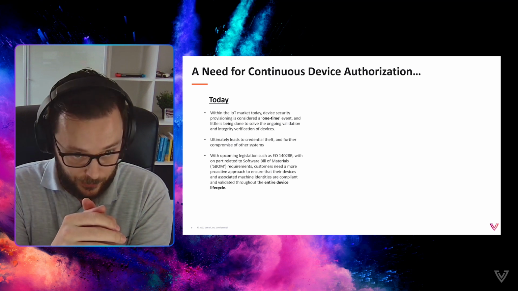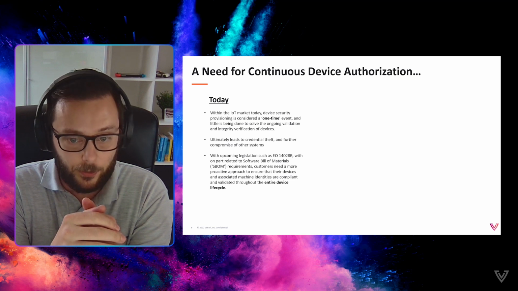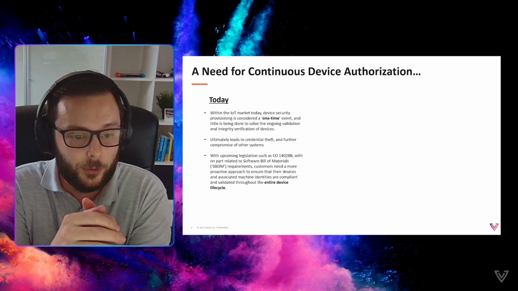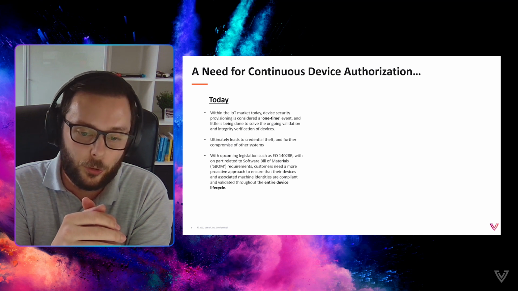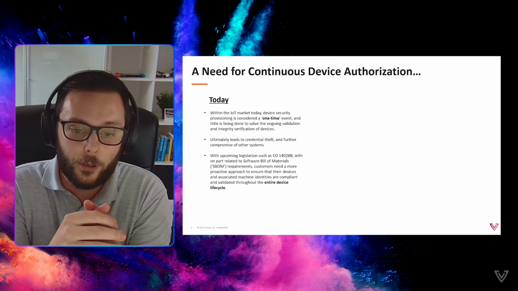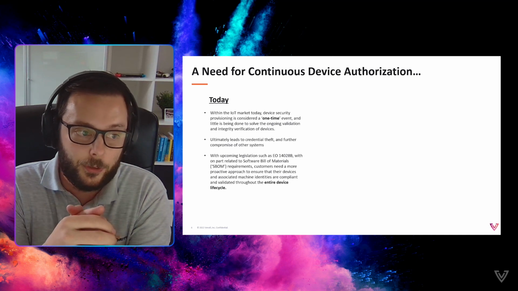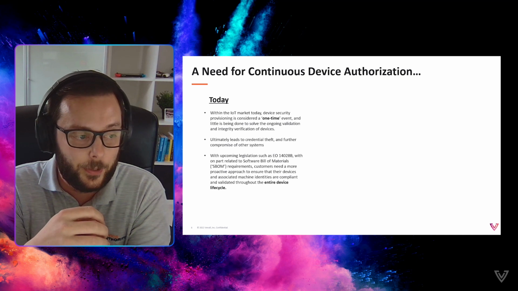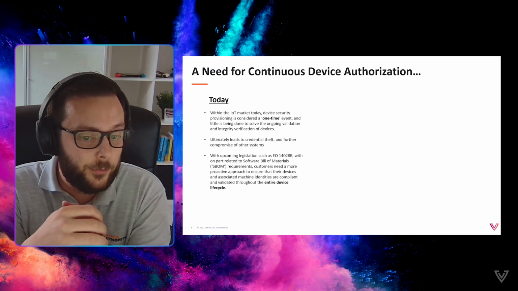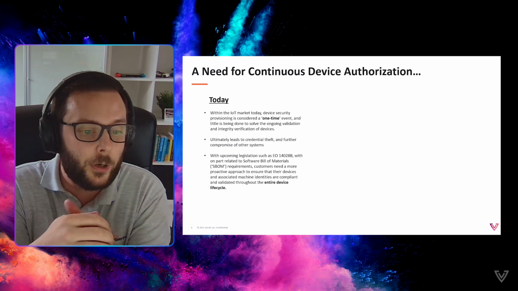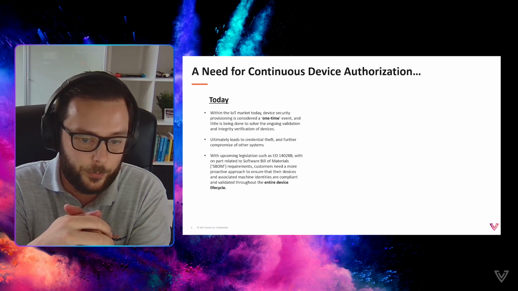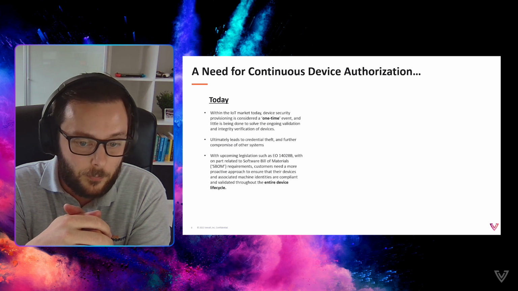Now, there is new legislation that's appearing that is forcing some companies to adopt somewhat of a continuous authorization and validation approach, which is a really great start. Things like the software bill of materials, or SBOM, as it's sometimes referred to, the executive order that effectively forces device manufacturers to provide a list of software components that are shipped with a device.